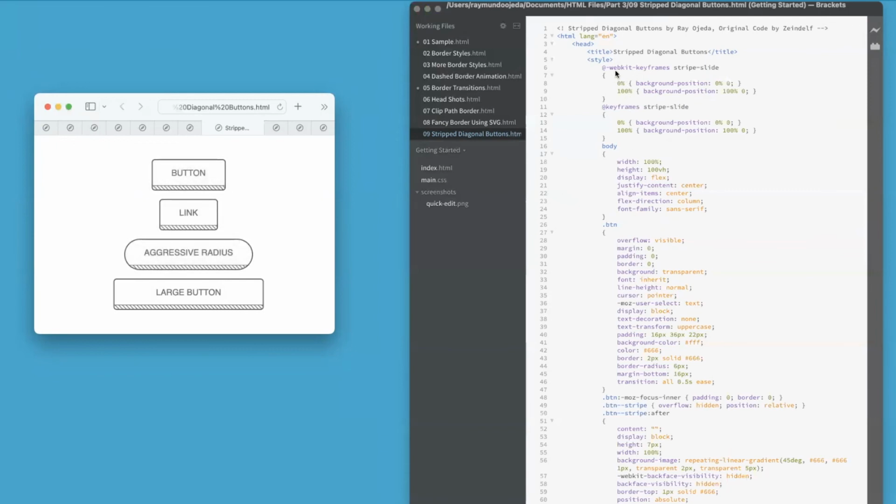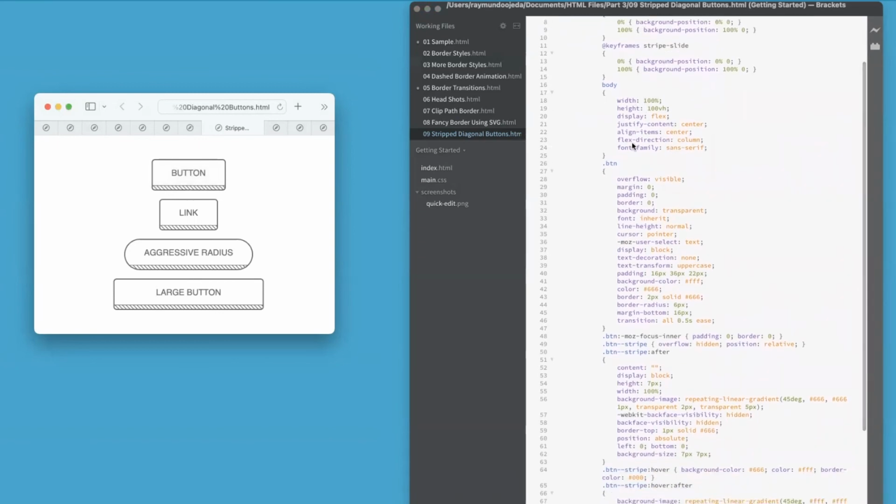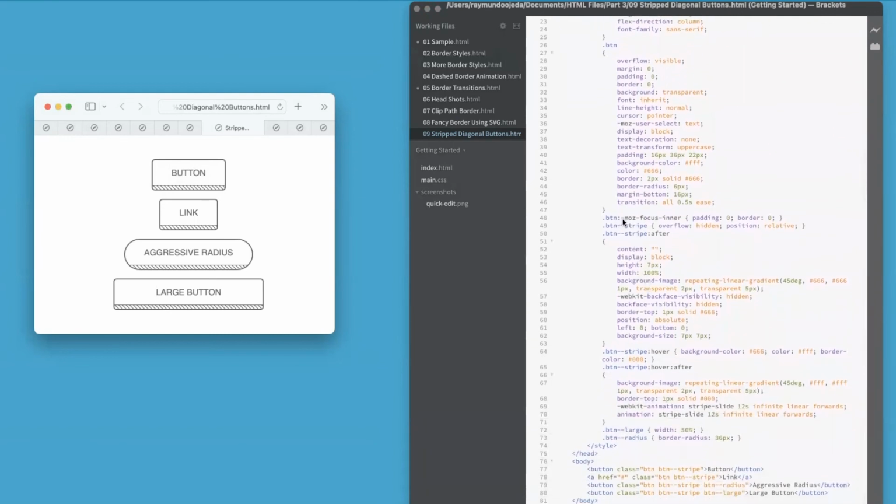So let's go over here again. We're using WebKit keyframes. Here's my transition from 0 to 100. As I mentioned before, WebKit is used for animation, and that's the animation. Look at the animation. It seems like the lines are moving at the bottom, right? And there's the animation code, your body, and then you have your button definitions. You've got some variables,